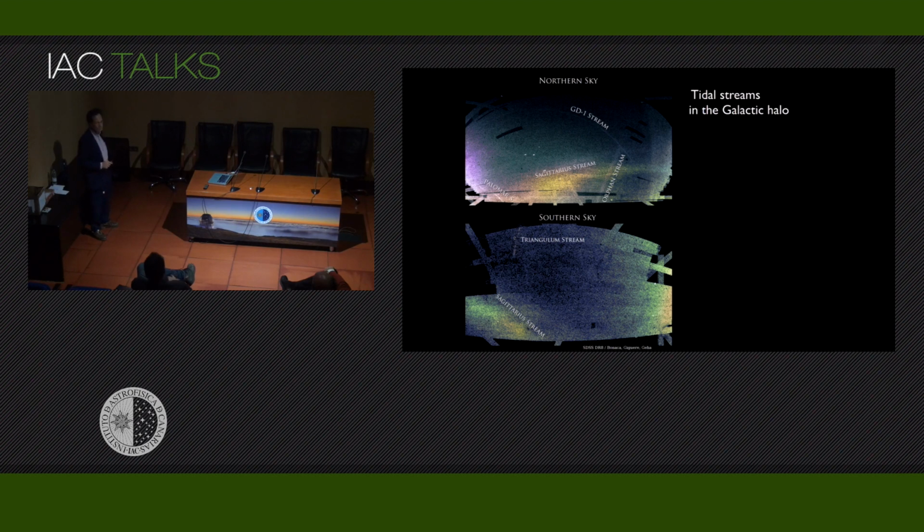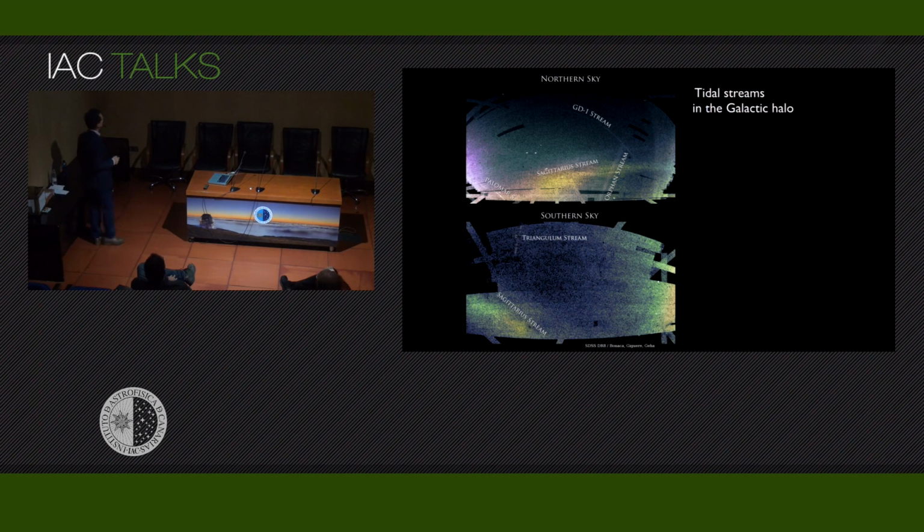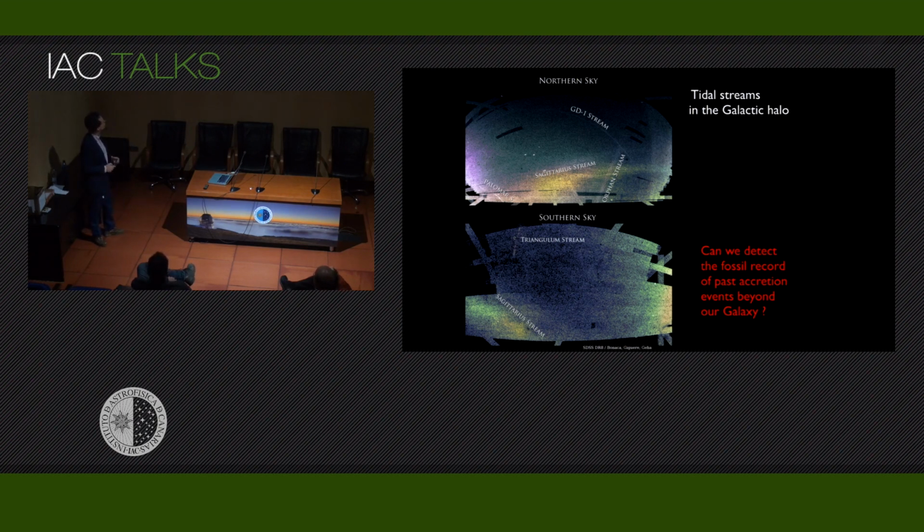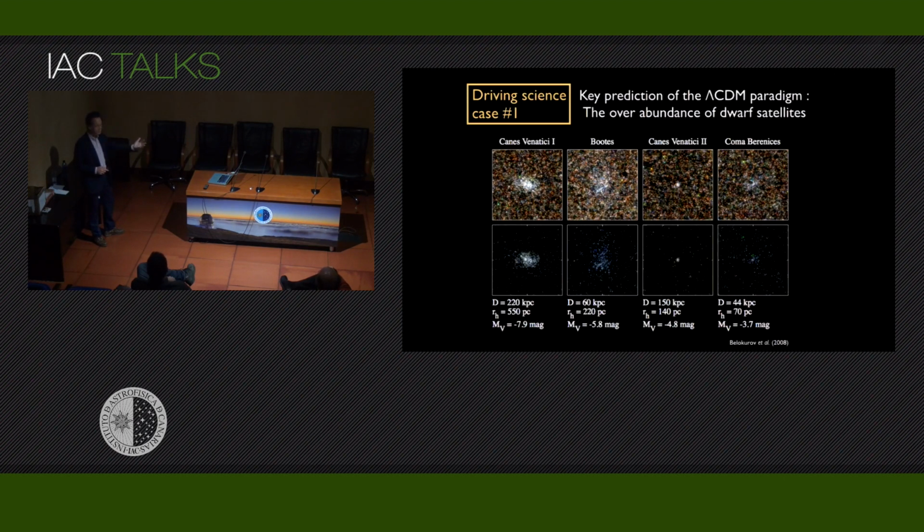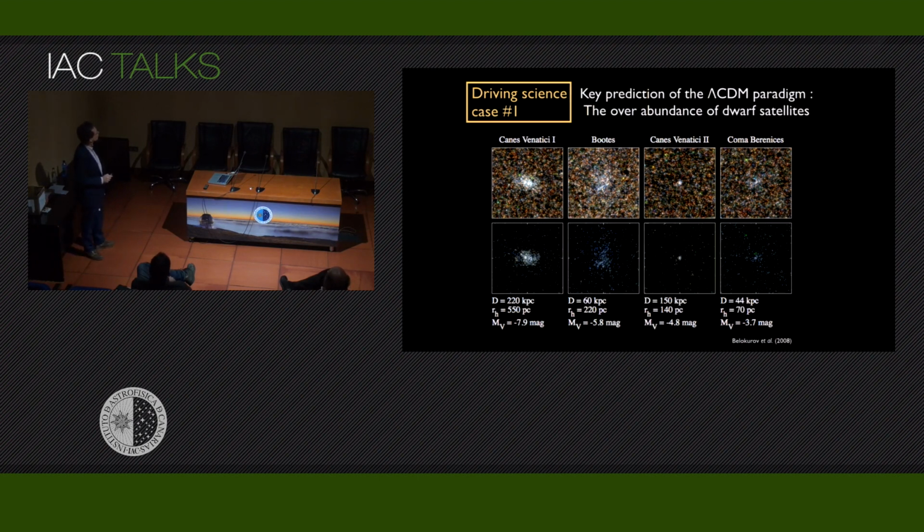Now, going back to number one, we have seen, thanks to essentially Sloan, the existence of a large number of streams. Those are the features of galaxies falling into the potential well of the galaxy. And the question is, we are resolving them into stars, so we cannot really do that beyond the local group. So how many of these streams belong to these past accretion events in other galaxies? This has been one of the successes of Sloan, and you can see that these galaxies were found by the density contrast around in these fields,